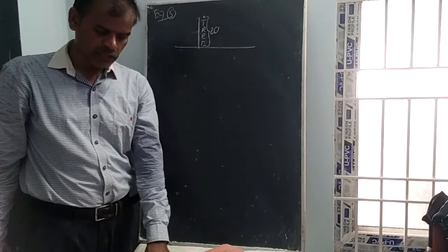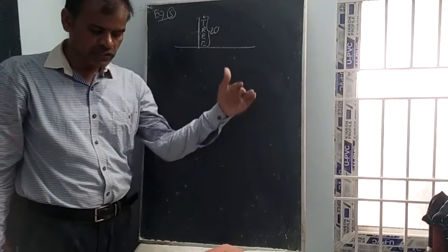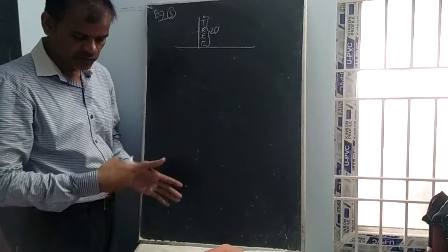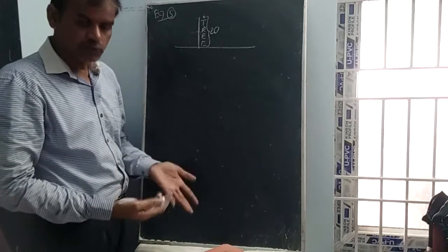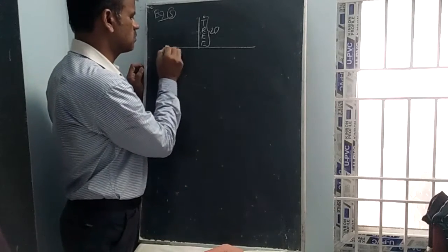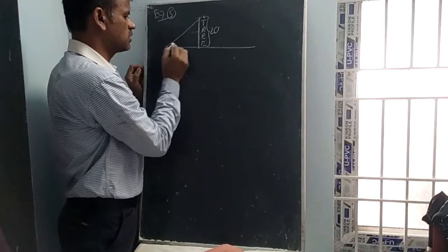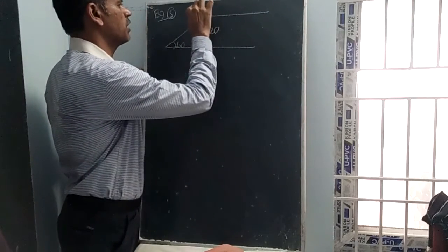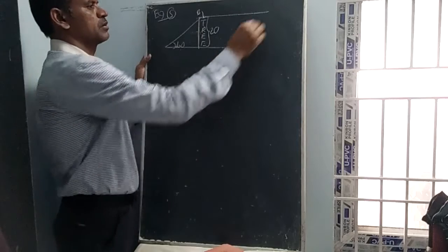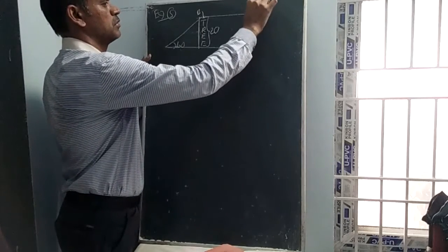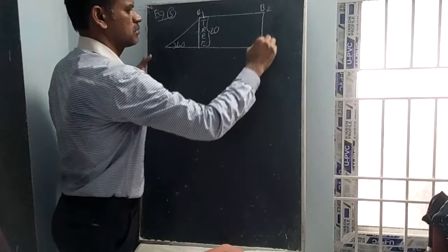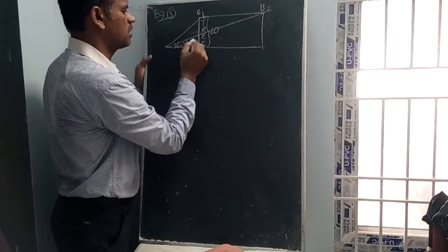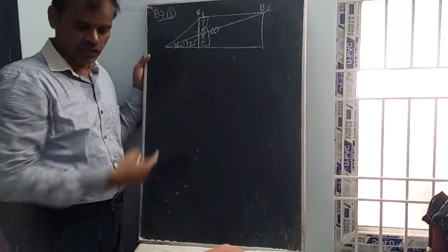Its elevation from a point on the ground is 45. It flies horizontally, straight away from the observer, and in 1 second the elevation of the bird is reduced to 30. So it has been reduced. Try to understand this one. This is the bird, B1, the first position. This is B2, the second position. In the second position, it is 30 degrees.